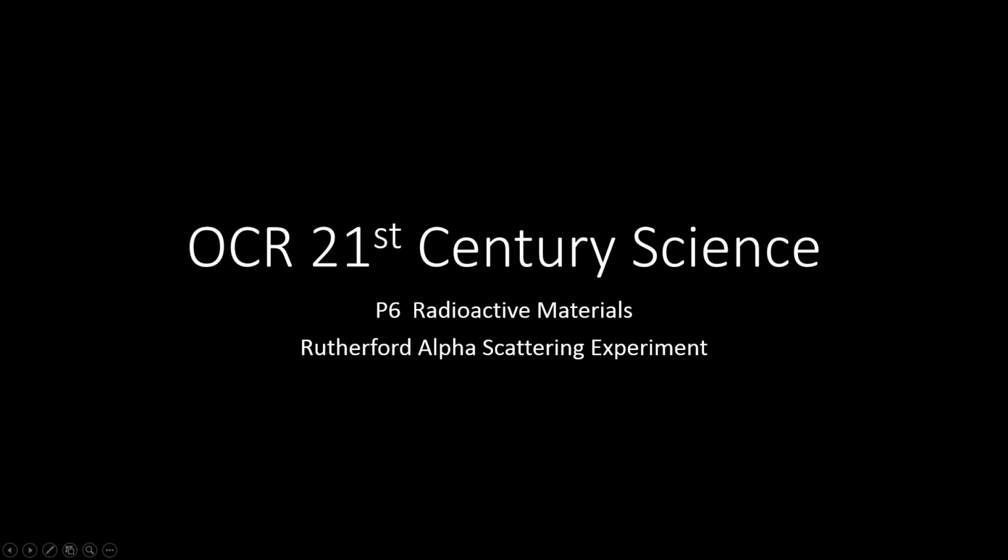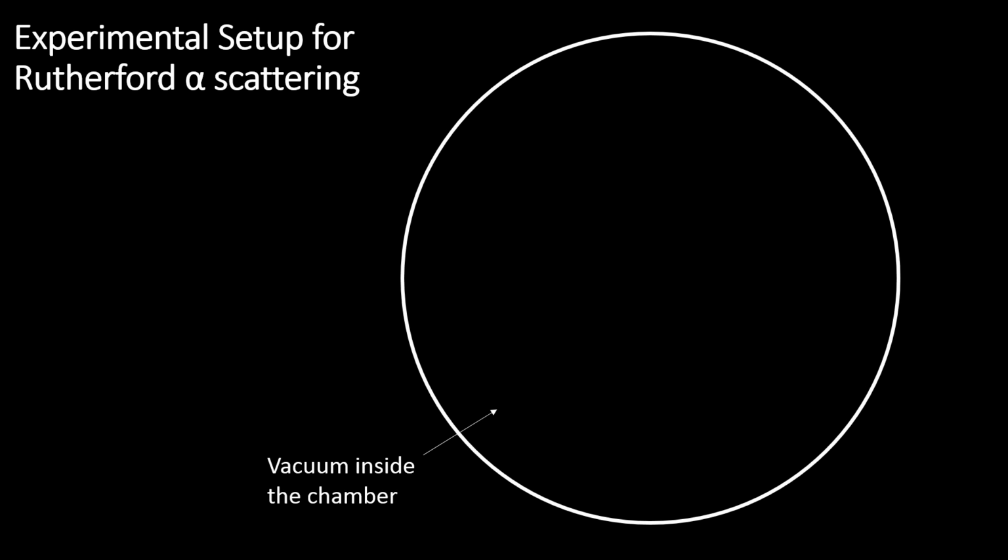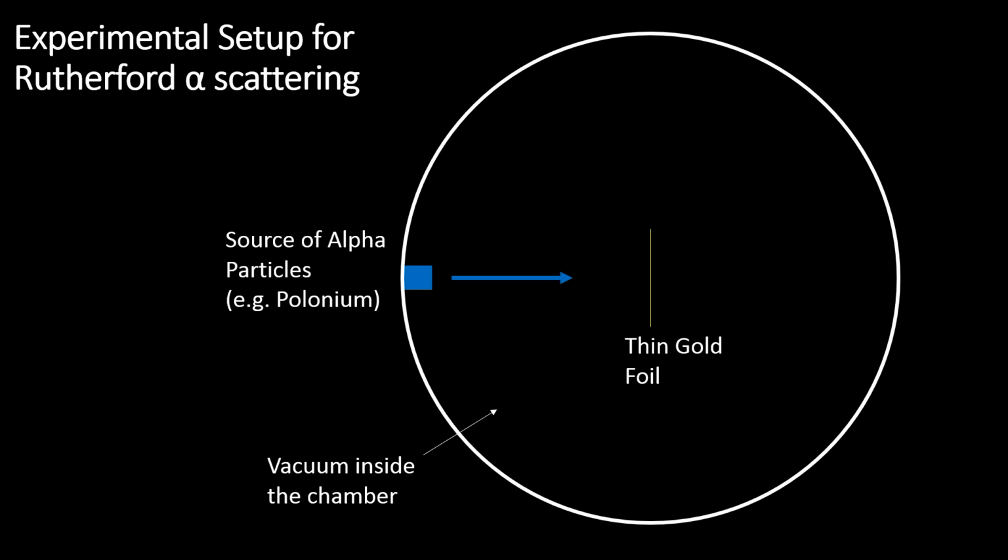Okay, this P6 revision video is about the Rutherford alpha scattering experiment and the evidence it gives us for the structure of the atom. We need to be able to explain what the experimental setup is for this Rutherford alpha scattering experiment. What you have to have is a vacuum inside a closed chamber. You need a thin gold foil mounted inside the centre of that chamber, and you need a source of alpha